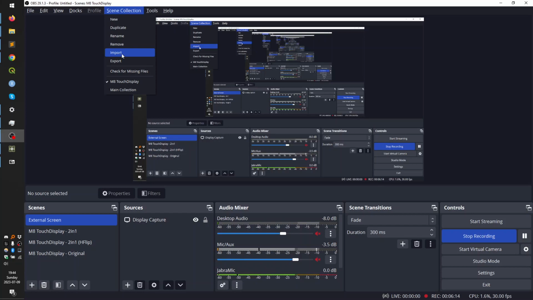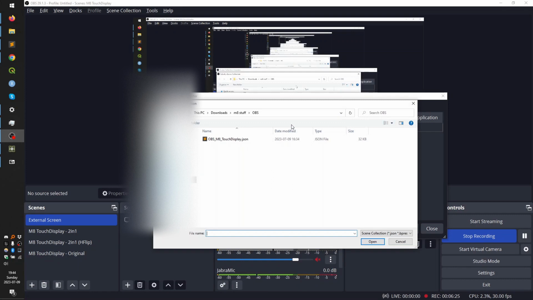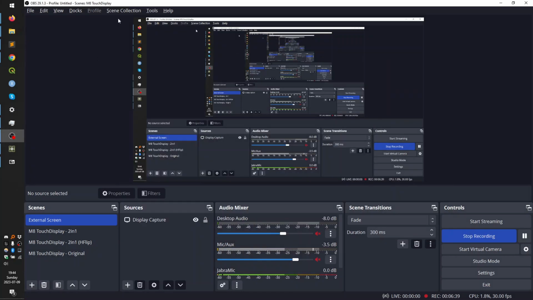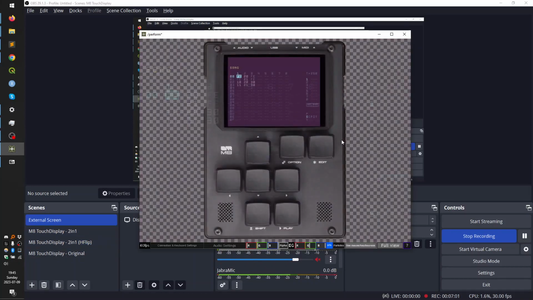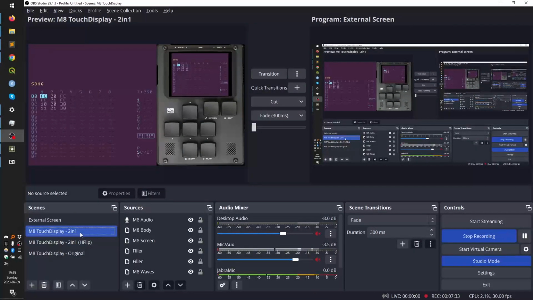What you're going to want to do is click here on Scene Collection, import a collection, and here you're going to click on the OBS M8 Touch Display JSON file. Once you've imported that, you're going to click on this guy here, M8 Touch Display, and these guys are going to show up here on the bottom left. Without the external screen, you're only going to have these three. Essentially, what's happening is TouchDesigner has these two views, right? They're two discrete, separate views. When you select this M8 Touch Display 2-in-1, it actually shows both versions, the full screen and the M8 overlay